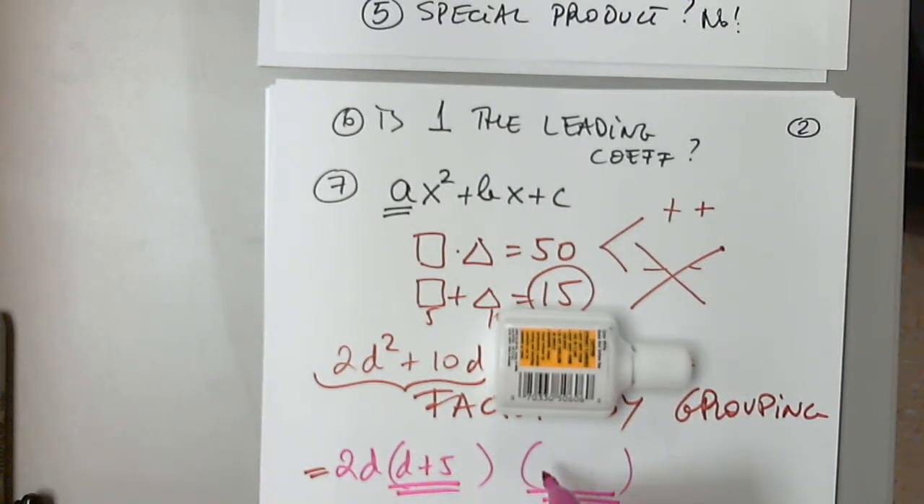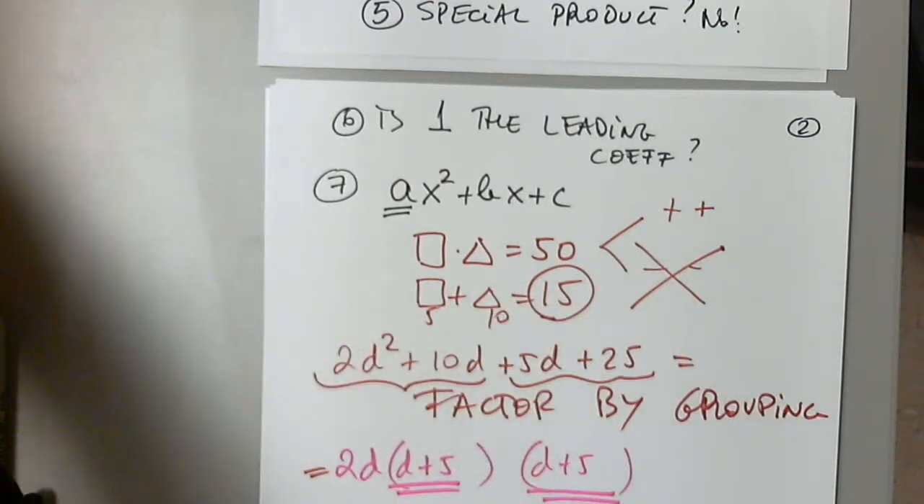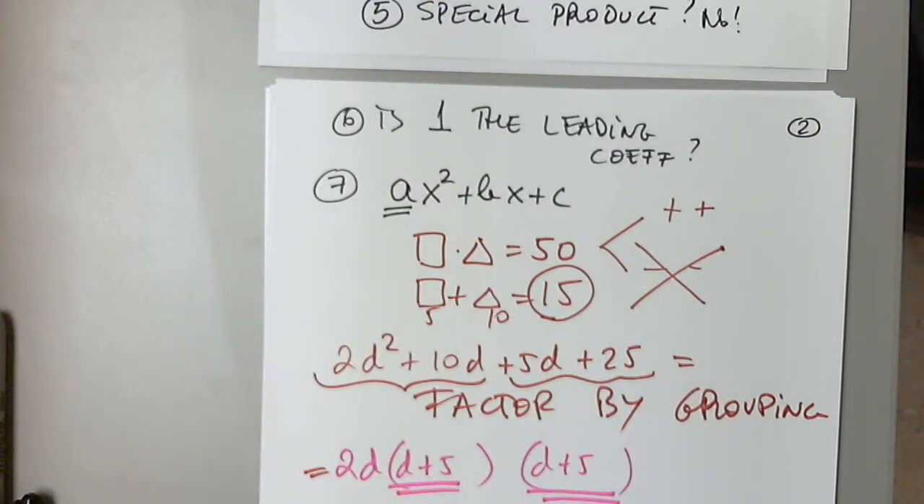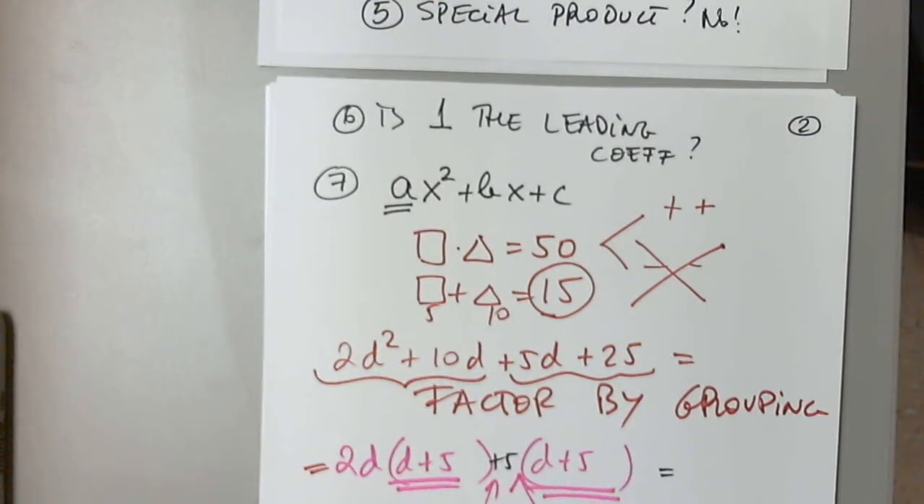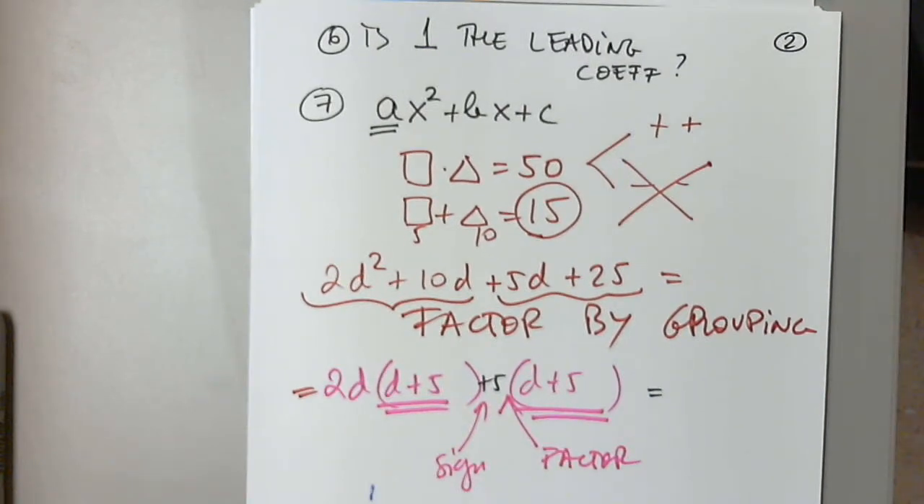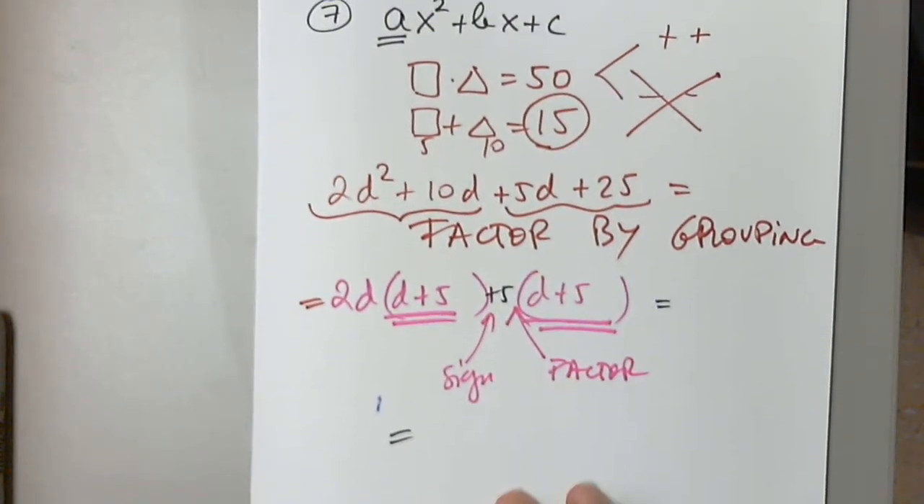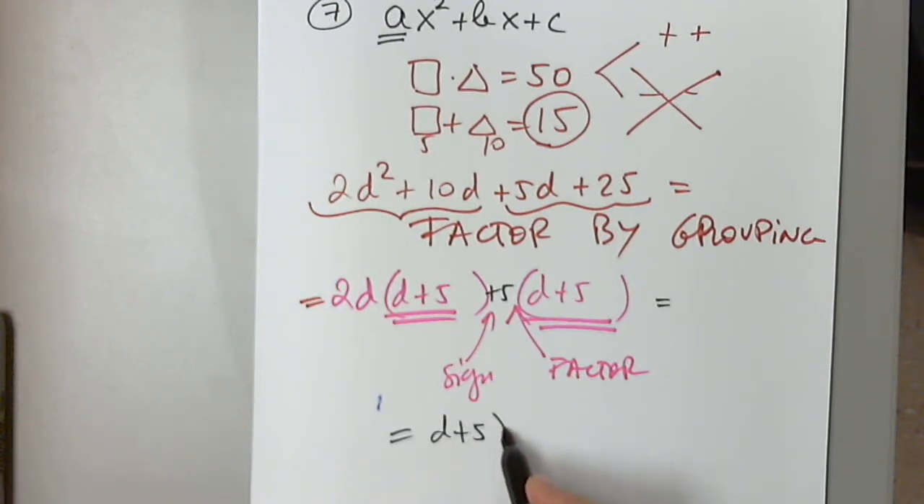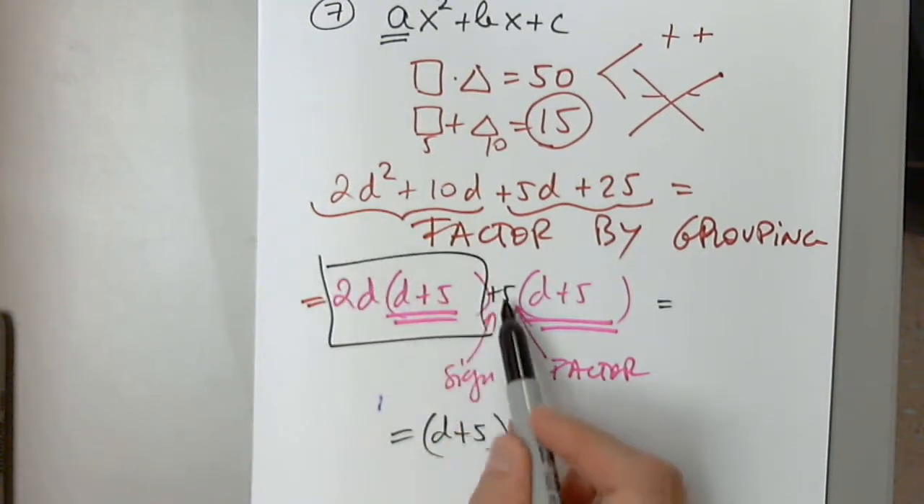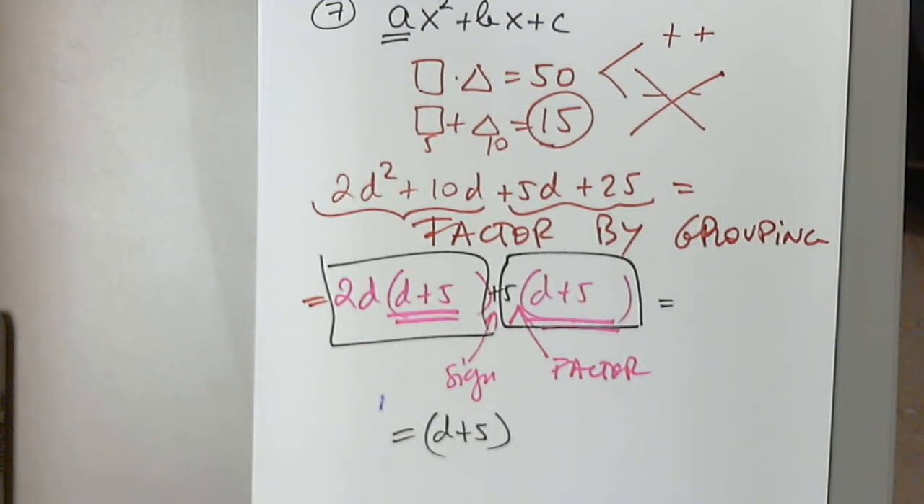First, write it. Write the d plus 5 first. And now let's figure out what we put outside. I need a sign and a factor. What is the sign and what is the factor? Indeed. So now the common factor that gets pulled out is, indeed, that's the common factor in these two terms. D plus 5 is. And in parentheses we have